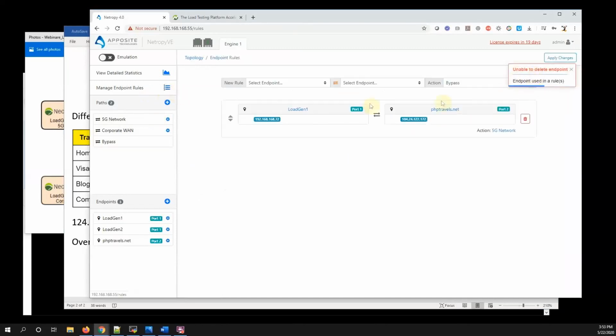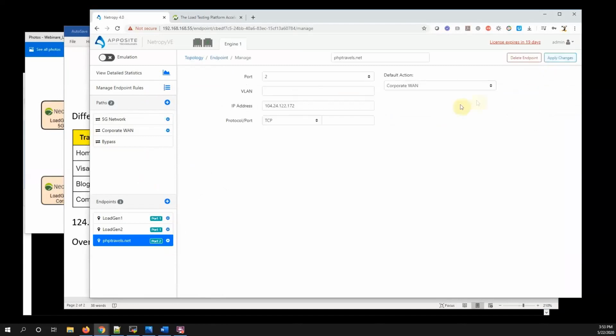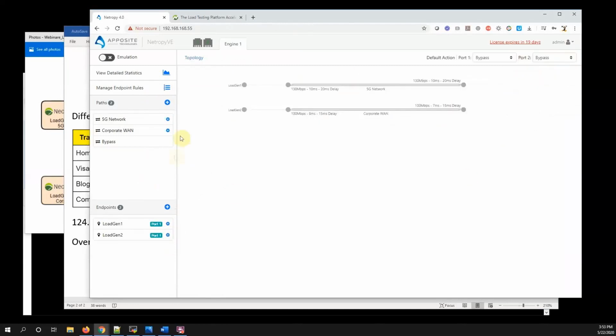Let's go over here. And I'm just going to delete this endpoint. Okay, great. So right now we have load generator 1 assigned to the 5G network and load generator 2 assigned to corporate WAN. Now, what if I would like to move a load generator over to a different type of network? Maybe we have a